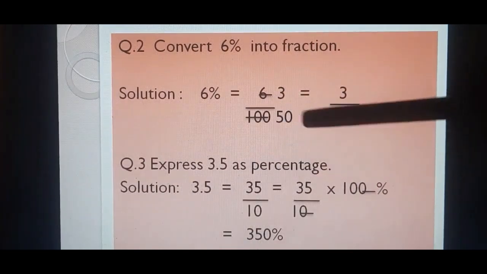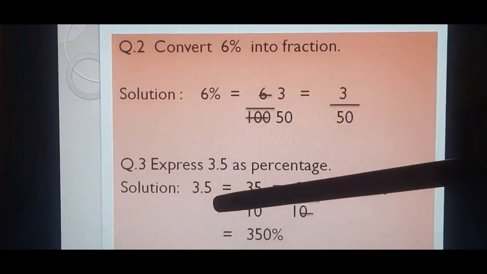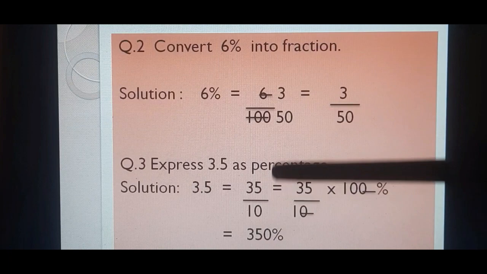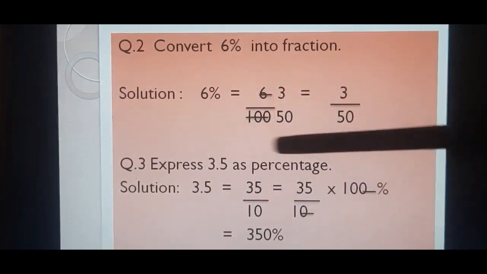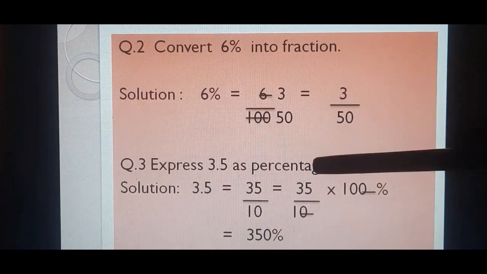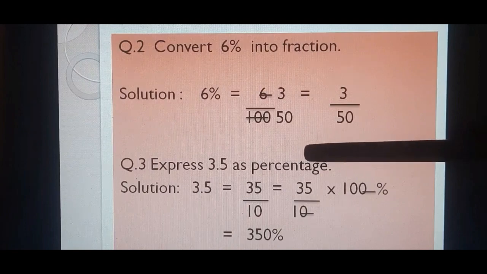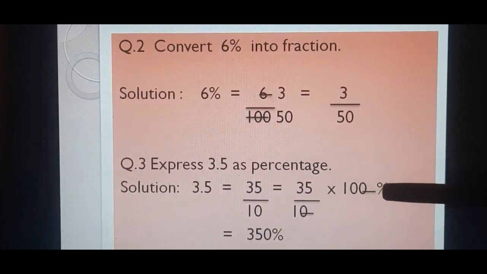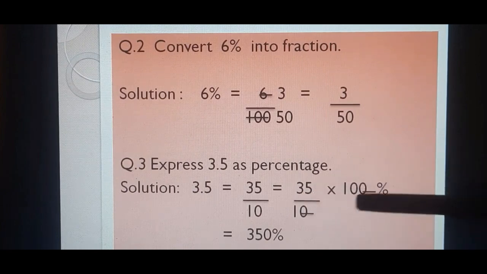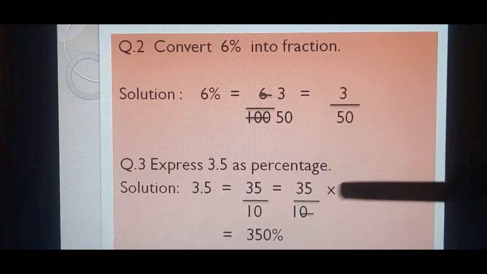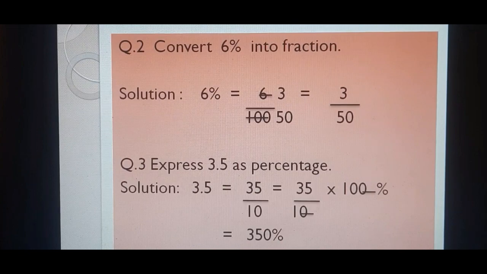Now 3.5 as percent. First of all, say 3.5 means 35 upon 10. Understood? Now 35 upon 10 we have to convert into percentage. Express into percentage, convert into percentage, write as a percentage, means we have to do the same process. Now we know that when we are going to convert it into percentage, we will multiply with 100%. So 35 upon 10 multiply by 100%. 0 will cancel from numerator and denominator. Now we are left with 350%. Understood? The chapter is very easy, but need is there to listen and do written practice.